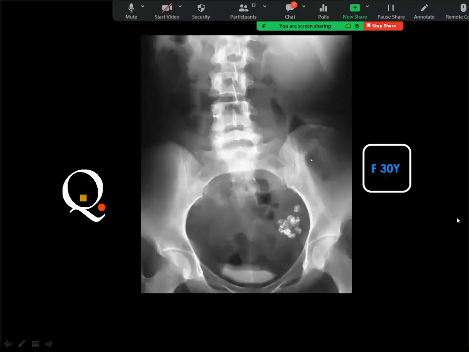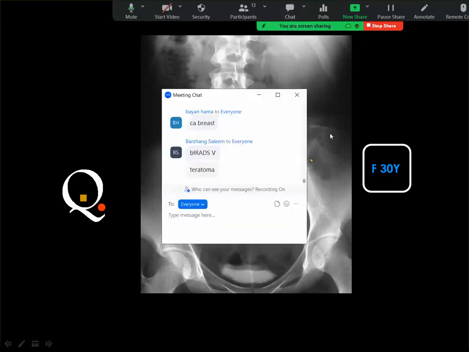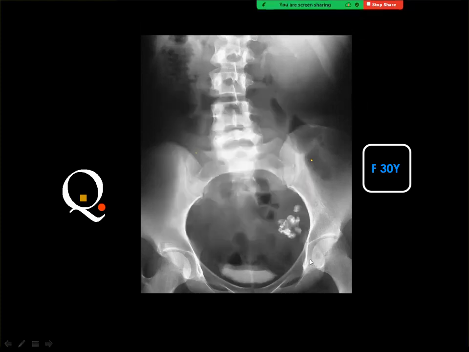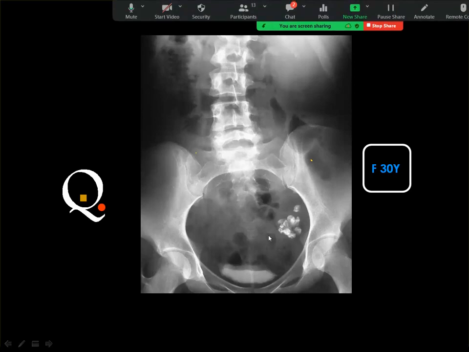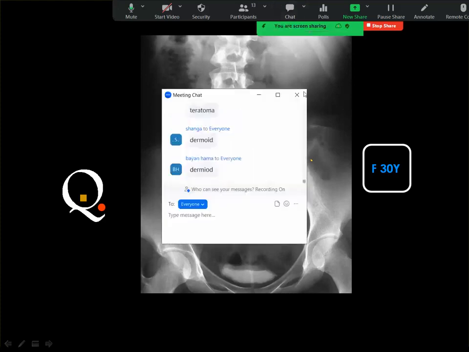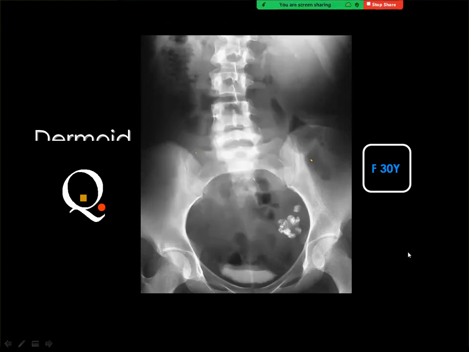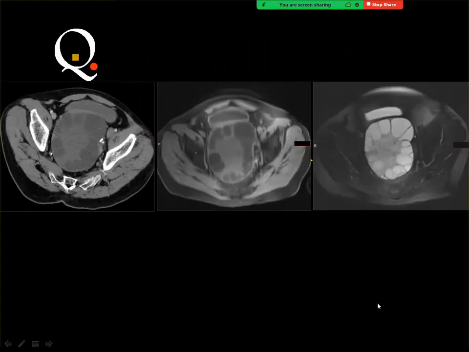Next case is a female patient, 30 years old, with a plain X-ray, a film obtained from an intravenous urogram. This is ovarian dermoid cyst because these radiopaque structures look like teeth, and this is one of the diagnostic criteria by which you can diagnose ovarian dermoid cyst from the plain film. Yes, and this is dermoid cyst. Next case, and you got